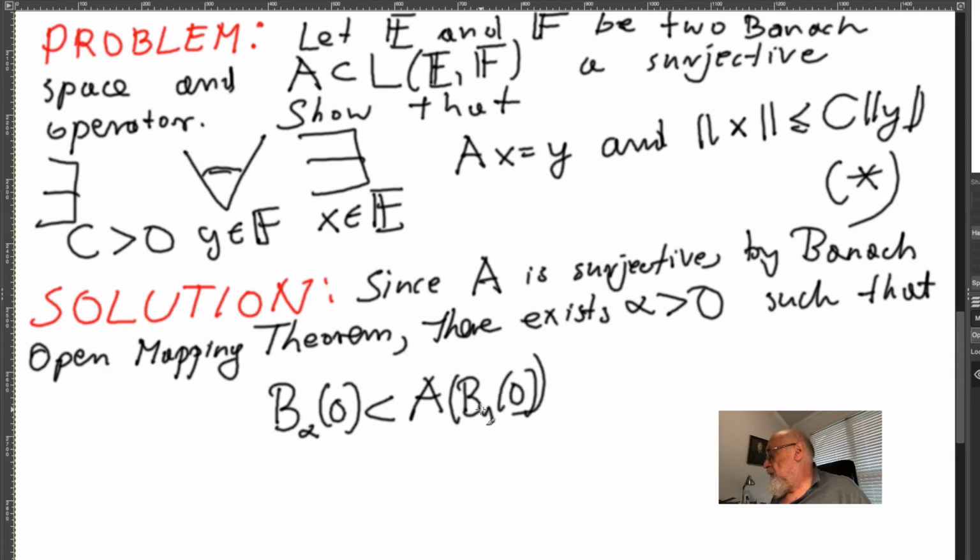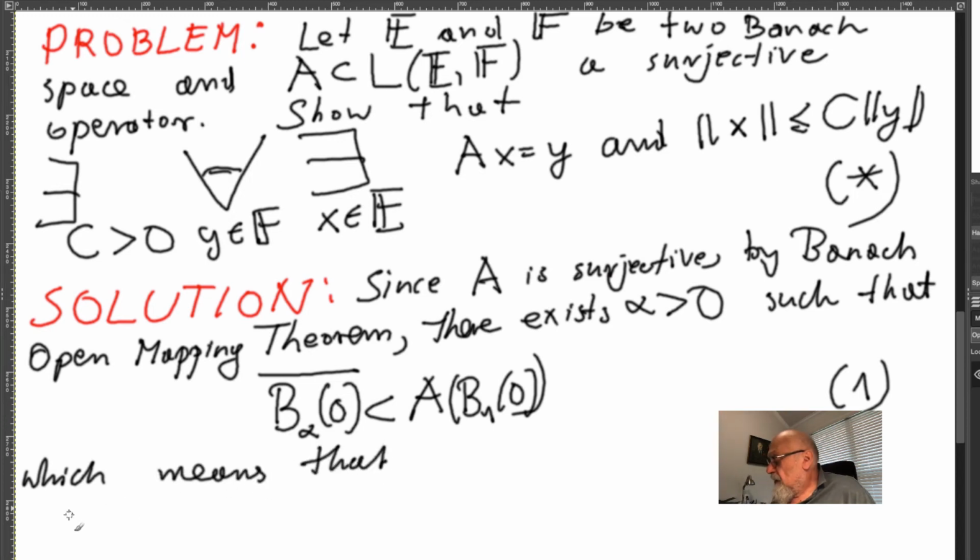And since we can always take alpha a little smaller, we can make this ball closed, which means